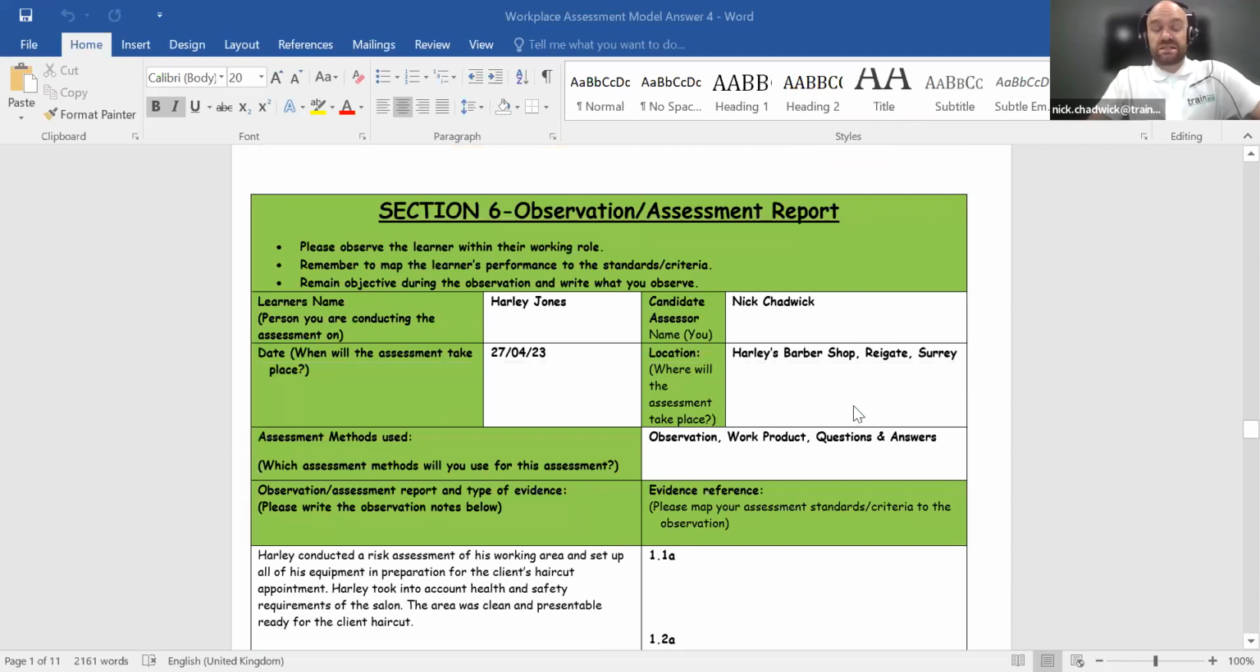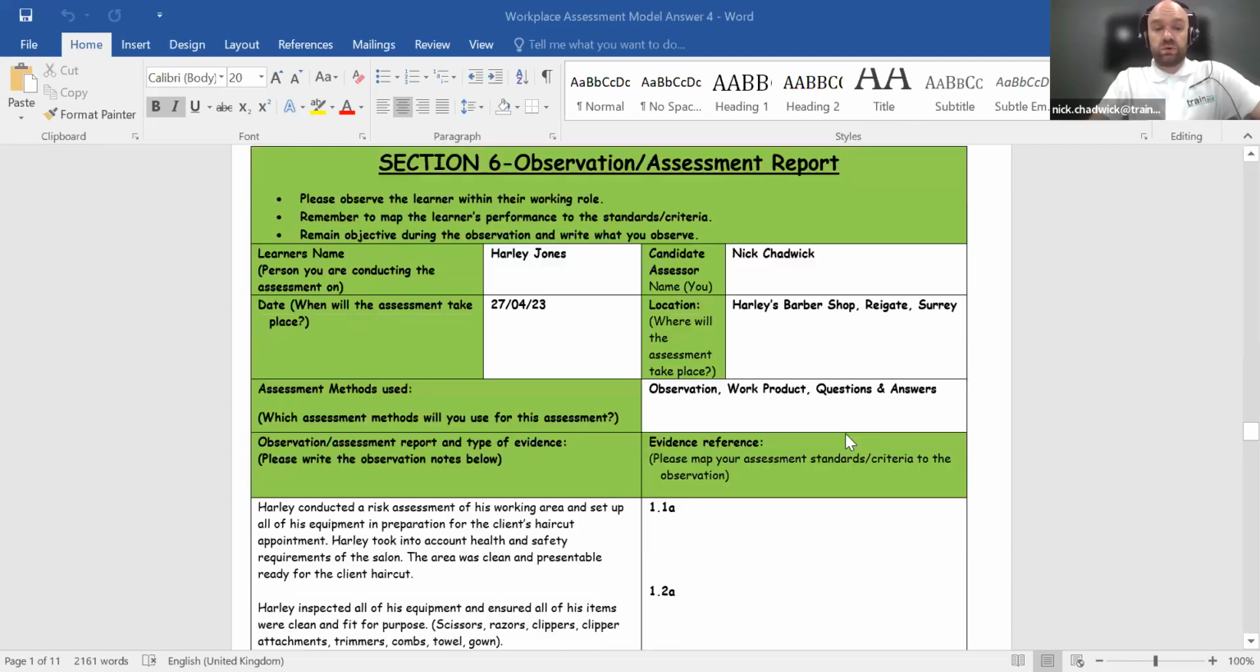Section number 6 is the observation assessment reports. Now, this section is all about you as the qualified assessor, very much observing the learner within their day-to-day role. Please remember to map your learner's performance to your standards or criteria, and also to remain objective during the observation itself. I have included the learner name, my name as well, the date, the location of the assessment, and also